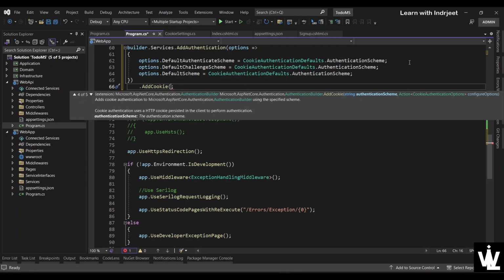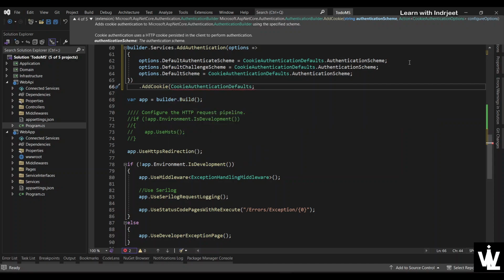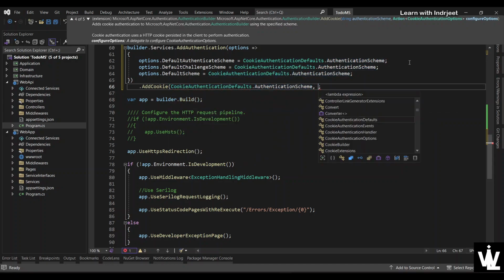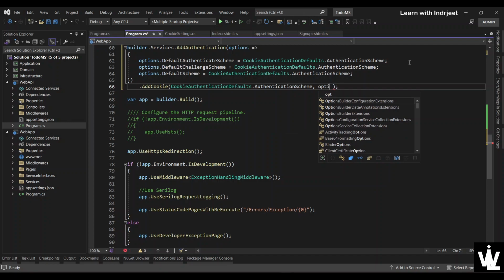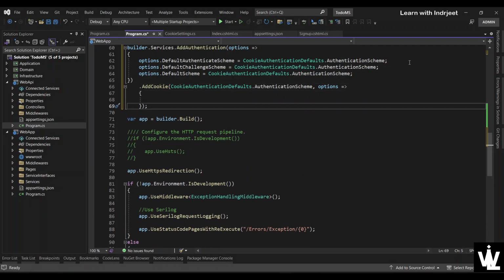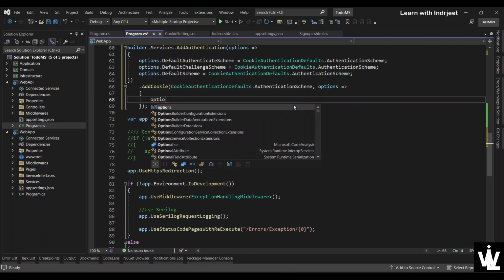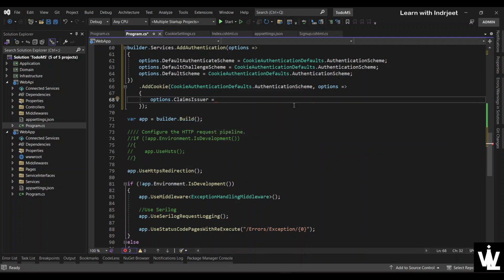So the authentication scheme is again CookieAuthenticationDefaults.AuthenticationScheme. Let me close that brace, and now we have the options. Okay, so options.ClaimsIssuer, let's do ms over here,